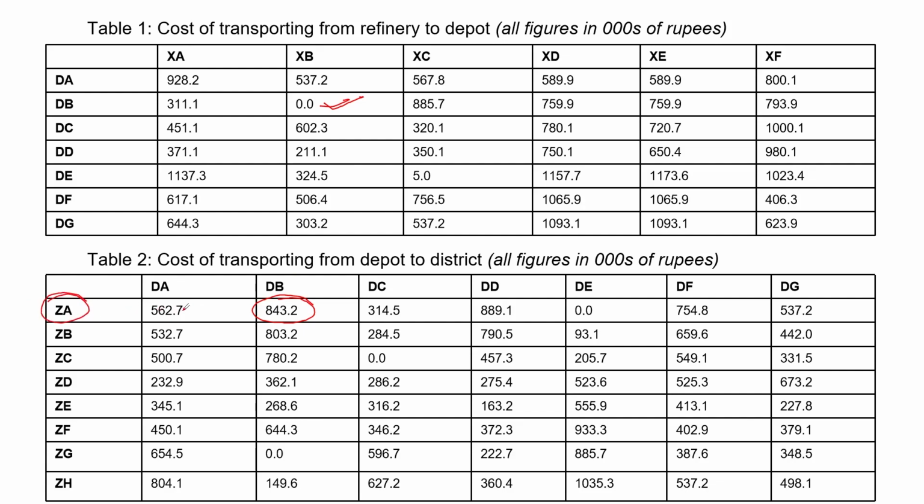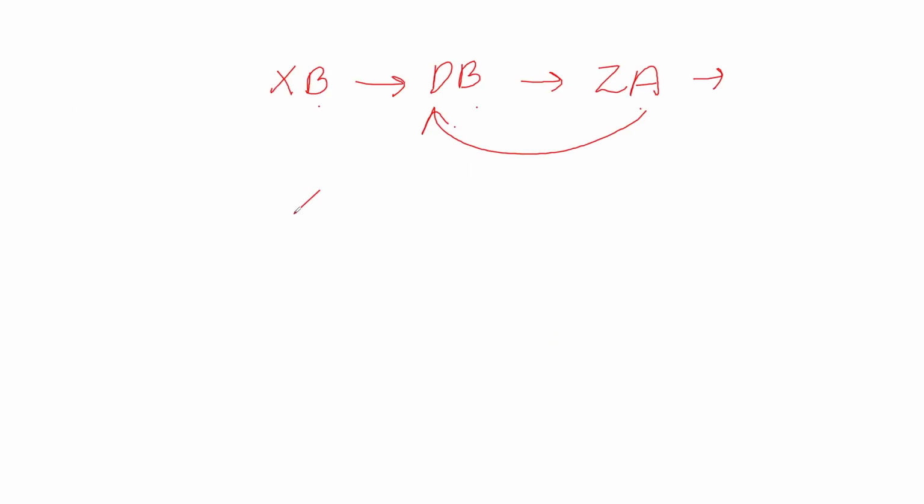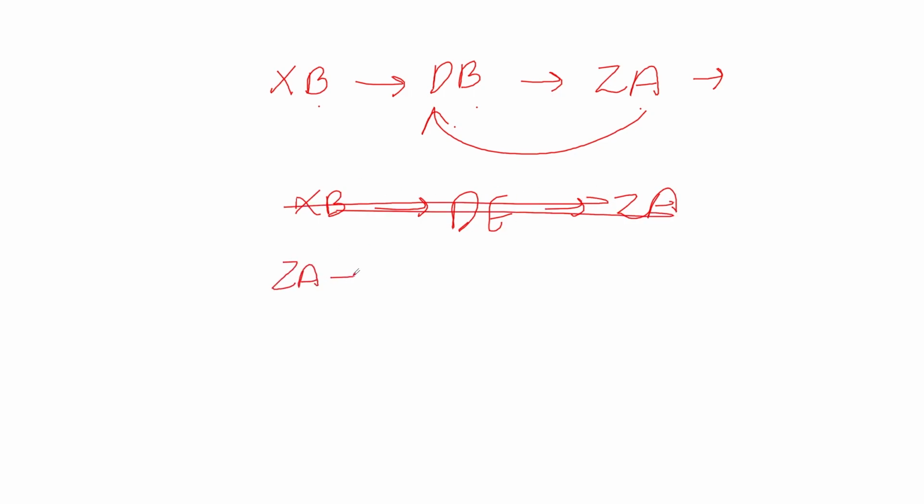Now, if I check for ZA, the minimum cost is 0. That is, it is coming from DE. So, XB, it means the depot is DE, ZA. Or better would be to write in an order. Let's write in another order. ZA, it is coming from DE to ZA, and